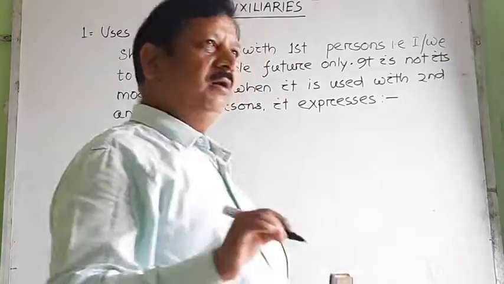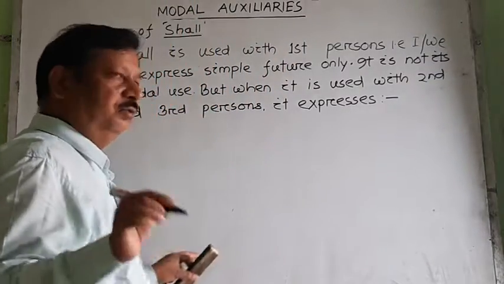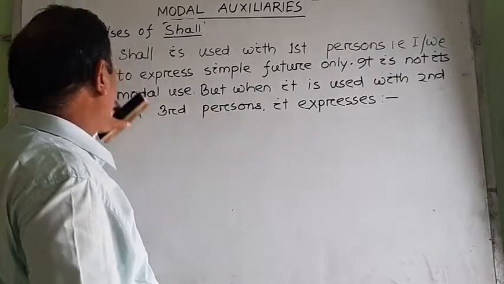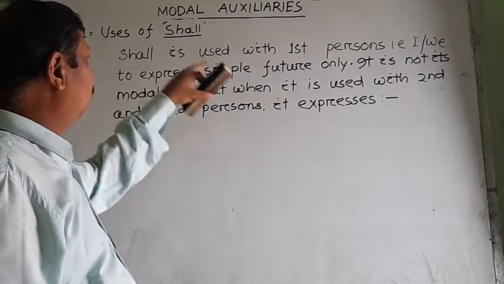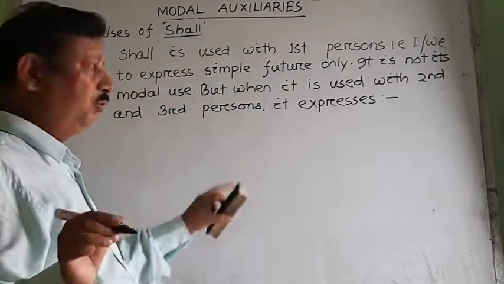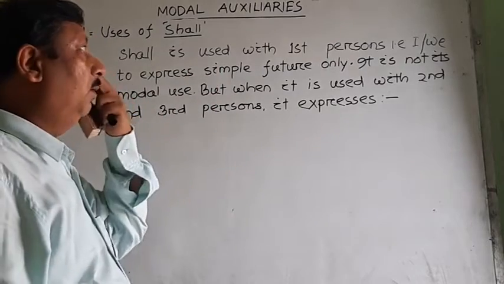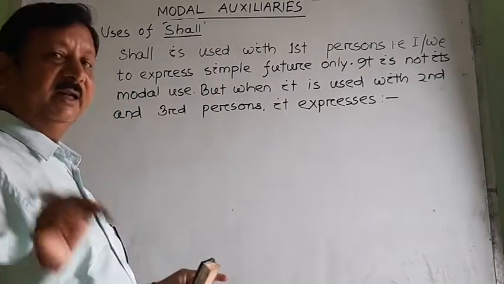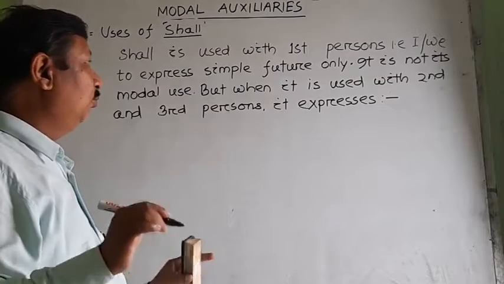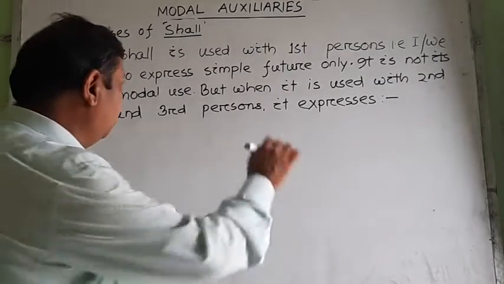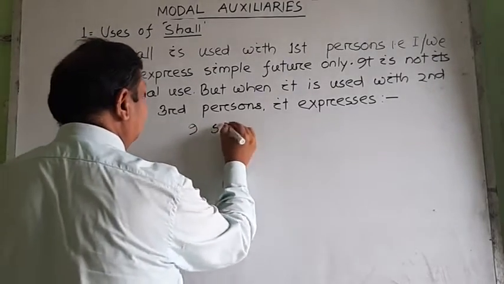You can learn or you may understand it as usual. So first of all, let you know that it is used with first persons to express only futurity or simple future, but it is not its modal use. But when it is used with the second and third persons, when we say I shall